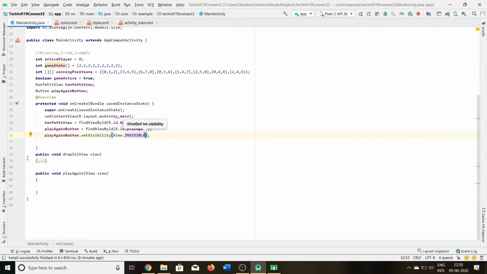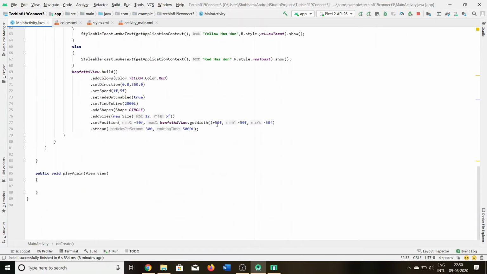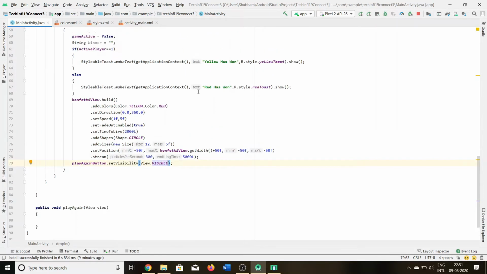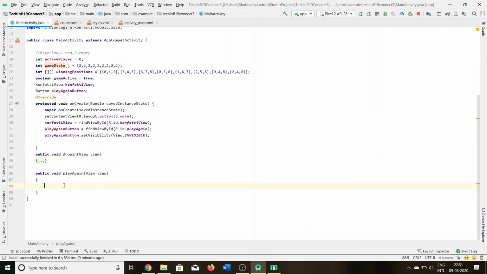So what I want is, I want my button to appear when this confetti view appears. So what I'll do is I'll just simply write play again button dot set visibility is equal to visible. Okay, so we are done. So basically now what we have to do is, we have to just simply handle the functionality of our play again button. So first thing that happens on the click of the play again button is that the button disappears. So for that, we will set visibility is equal to invisible,